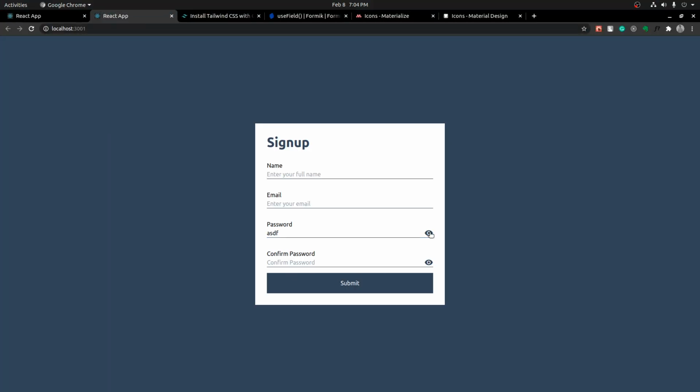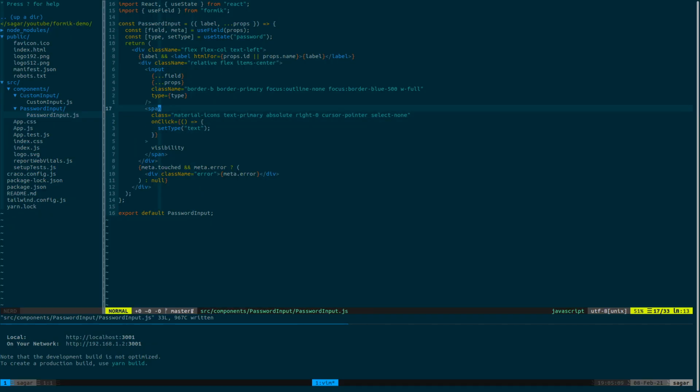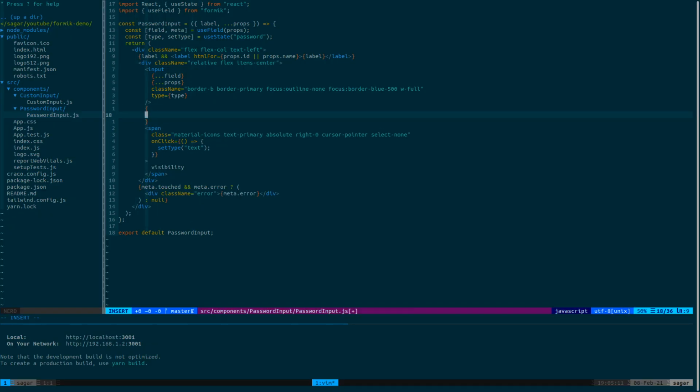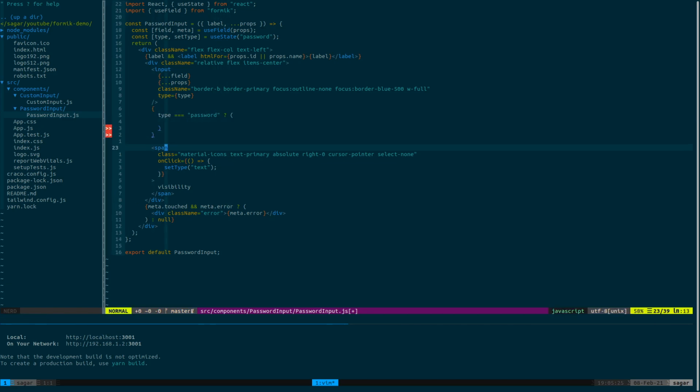Let's see if it's working. Yes, it's working. Now when the password type is text, we want to display a different icon. So instead of visibility, we will display the visibility off. So let's copy this, and we will display the icons conditionally. So if the type is password, we will display this icon,